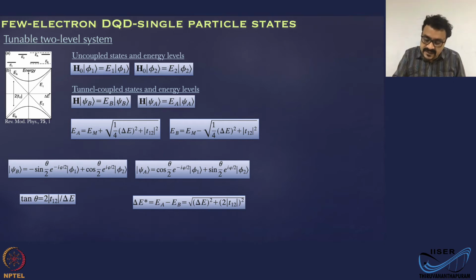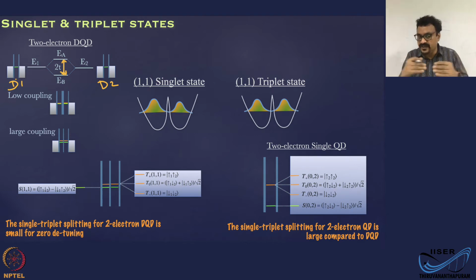This tunnel coupling is a function of the distance. When they are far apart, there is no interaction, the coupling is 0. When you bring them closer and closer, they interact, and these two levels will grow out of each other, and you will get two states. One is EA, the anti-bonding state, and EB is the bonding state. That is the chemistry nomenclature. For us, what we consider is one is a singlet state and one is a triplet state, for a common dot. That is the general terminology.